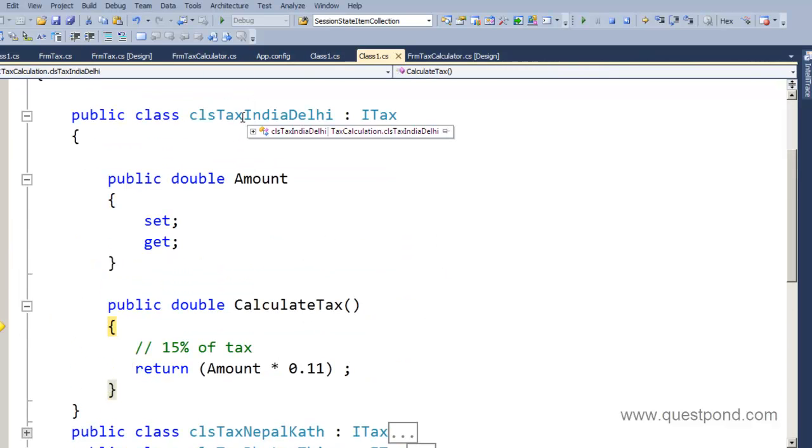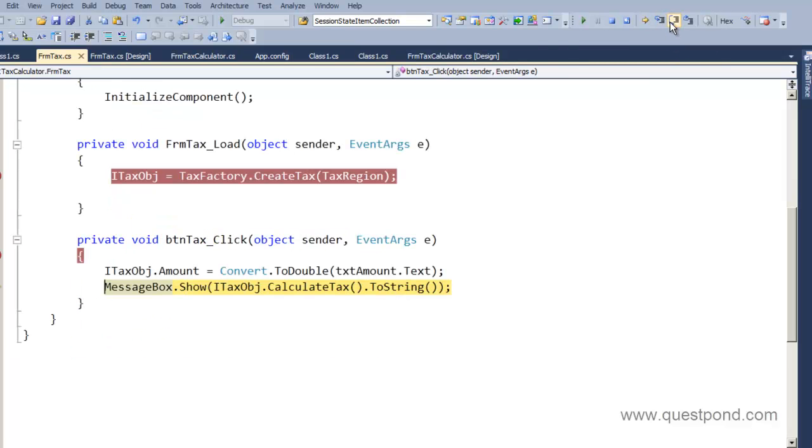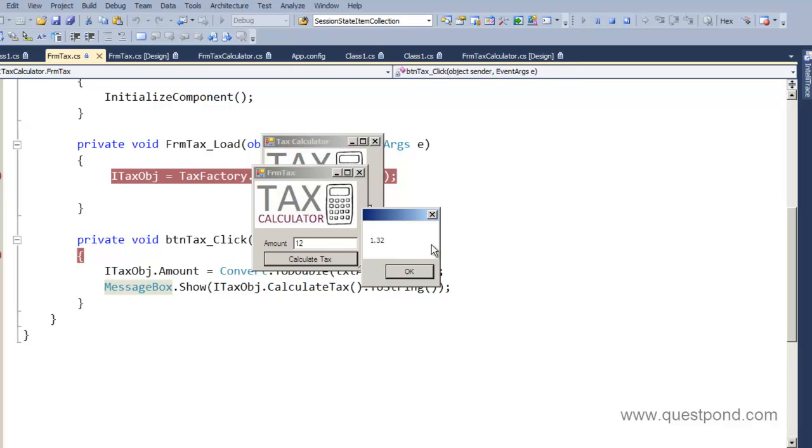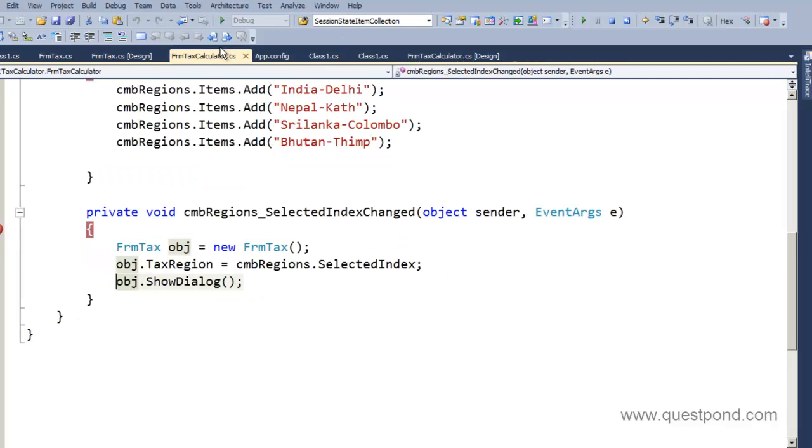So you can see that it has hit the CLS tax India class, and the CLS tax India says that for India it is 15% tax. So it returns me the value, and that value is displayed. So you can see the value is this. Now if I select some other region, let's say I close all this, let me just run this.